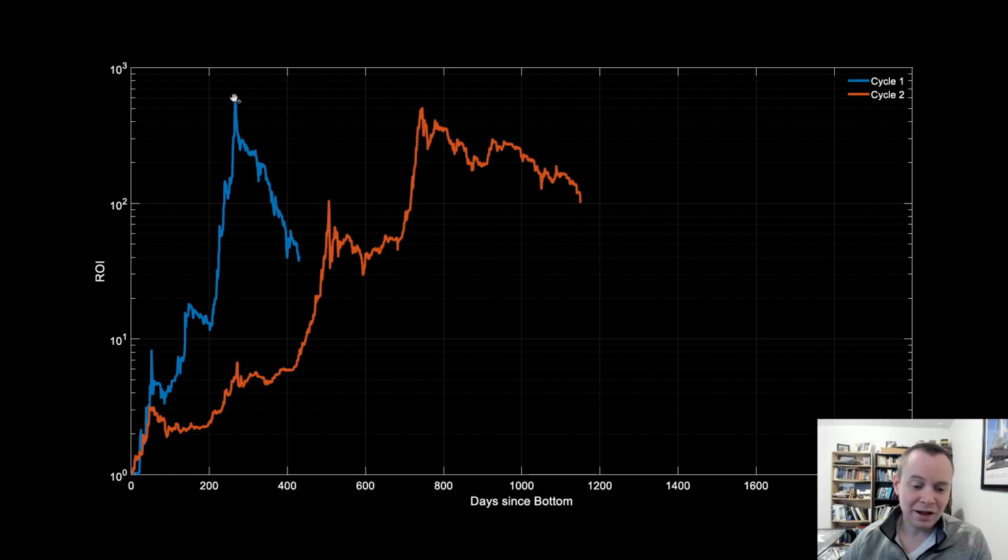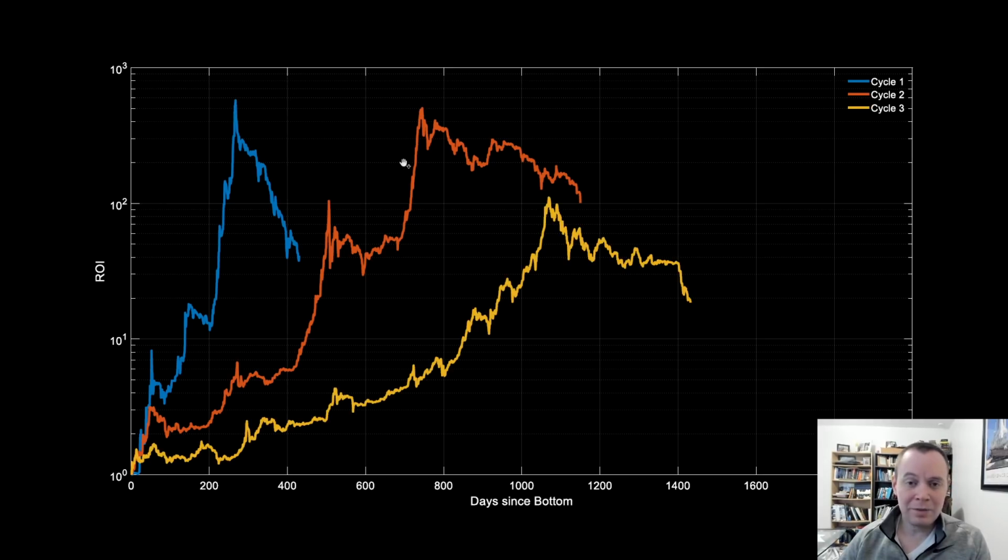Cycle 1 peaked at under 300 days. This one peaked at less than 800 days. So when we pull up cycle 3, it really comes as no surprise that we're seeing the returns from each market cycle drop down. Okay, and I think this makes sense, because if you think about it from a pragmatic